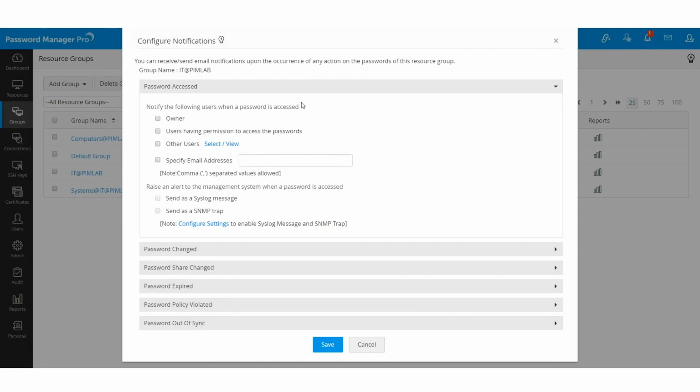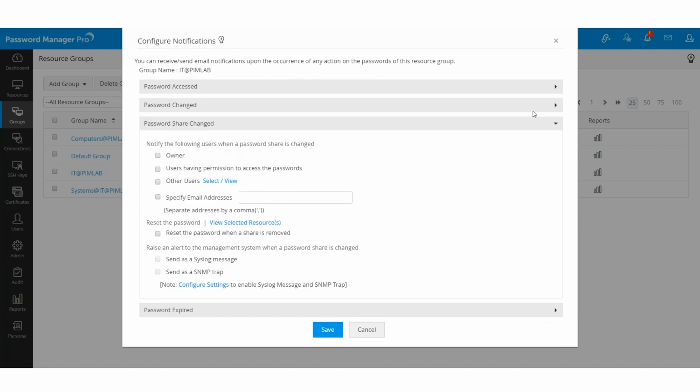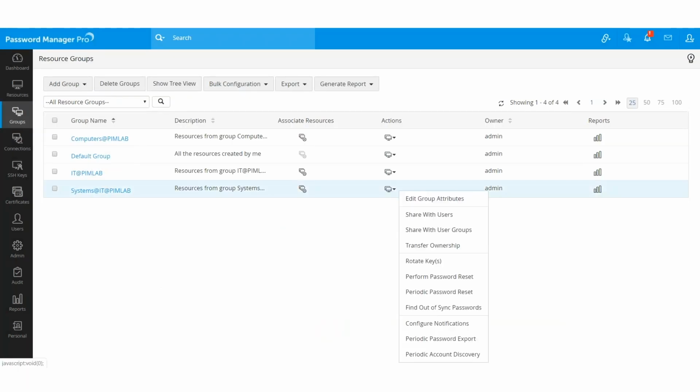When you click on this, you have options which say password accessed, password changed, password share changed, and all this information, so that whatever happens within this group, the passwords or resources, you can directly get alerted about it. It alerts you immediately as and when it occurs. So we have all these notifications that can be enabled right on the resource group level. That is, you have a certain number of privileged accounts put inside a group. All you need to do is go here to the actions, and say